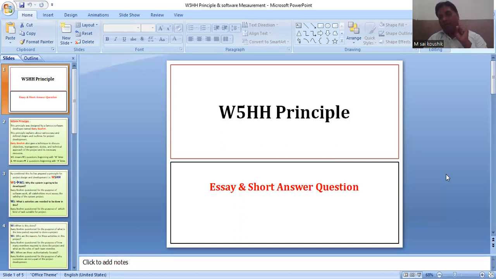Developers who follow this principle will get a successful output in software engineering. Here I want to explain this principle sequentially.